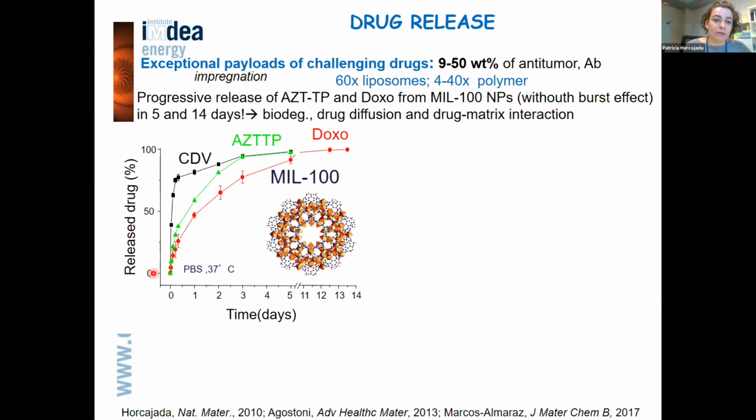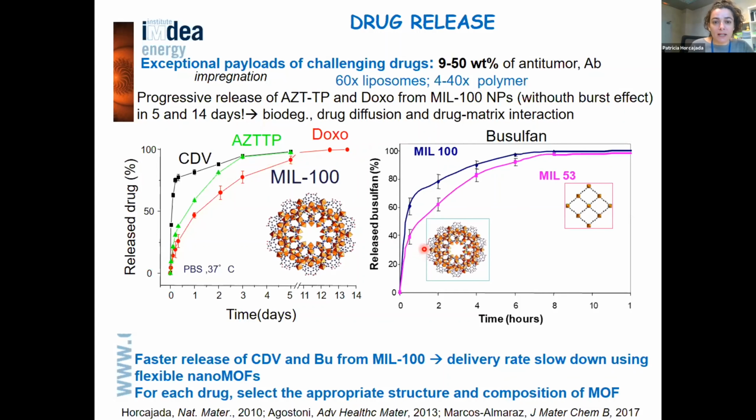And you can see here, for example, the doxorubicin, an antitumoral, or the azidothymidine triphosphate, a progressive release in 5 and 14 days. In some cases, we can observe also a very fast release in the first 30 minutes or